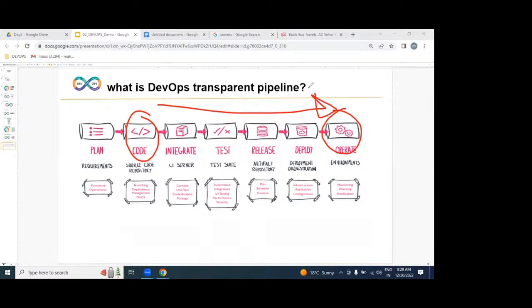But how exactly, guys, please? Are we going to be writing any coding in the dev environment? No. Who is responsible for the writing? Developers. The developer has to write the code using any programming language. Once the code is written, who is the responsible person to maintain it? The DevOps engineer. What I said very clearly: writing is the responsibility of the developer, but maintenance is the responsibility of the DevOps engineer.